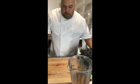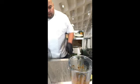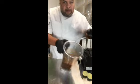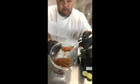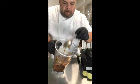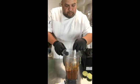I'm gonna move this board out of the way real quick, but I like my salsa to be a bit chunky, so I'm leaving it as is, right? You can tell that there's still some texture in there. All right, and then now